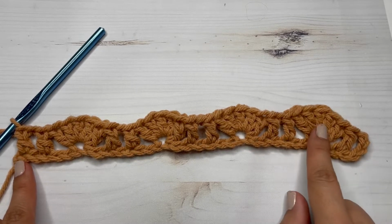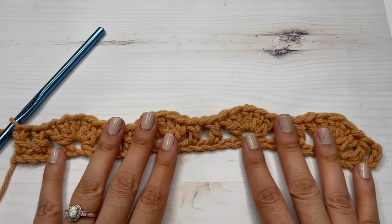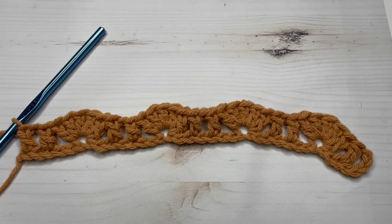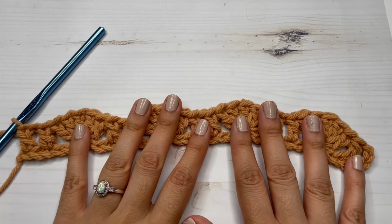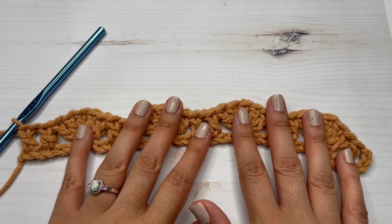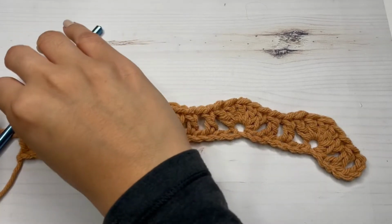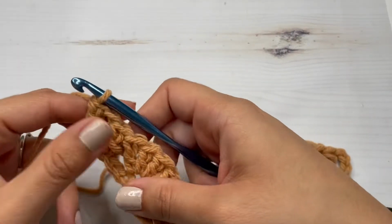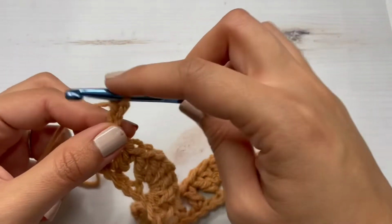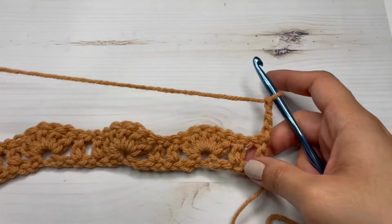So here I have mine, and if you followed my exact pattern, you should have a total of 4 fans or 4 shell stitches. So now we're going to continue with our second row, and this row is going to be our repeat for the remaining of our pattern. Okay, so pretty simple. So we're going to start by chaining 4, and then we are going to turn our work,